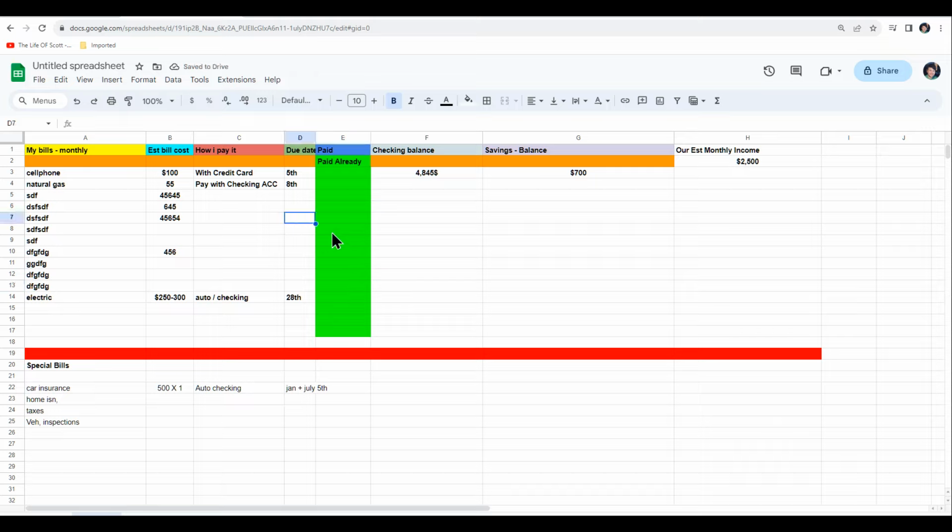And again, you can play around with this and you can do all kinds of stuff. You can record, you can just play with it. You can add different bills, different stuff. You can highlight different stuff. Another thing I like to do is